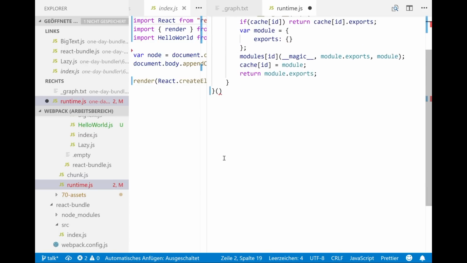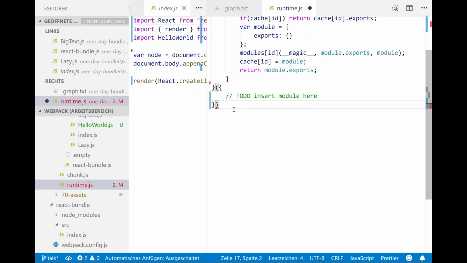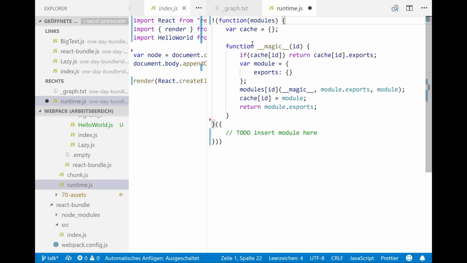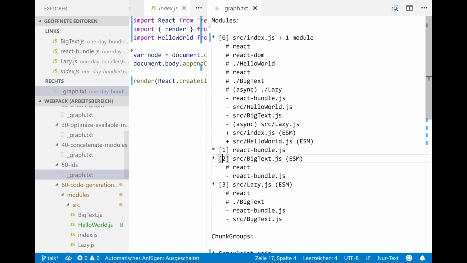Insert modules here. Insert modules now here. Because it's pretty important to use this exclamation mark. Okay, it should work now. Maybe. Okay, let's call this done for now.